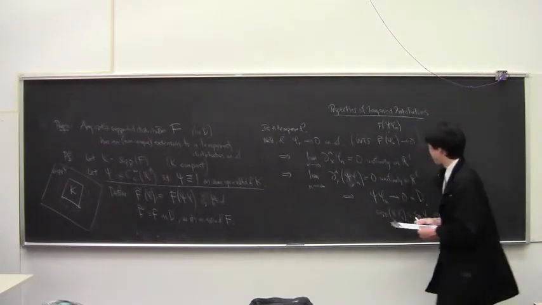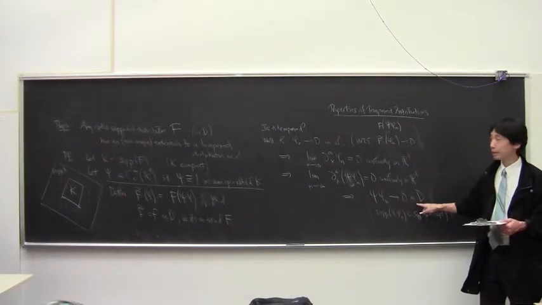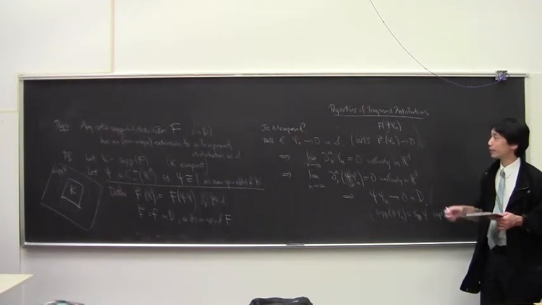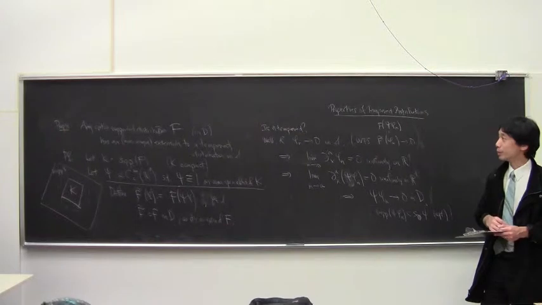So you get that this goes to 0 in D, and so this thing goes to 0. So you can extend any compactly supported distribution